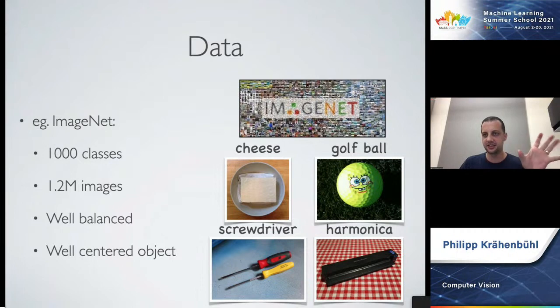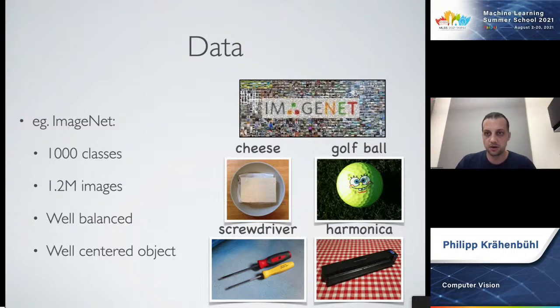Now, if you take your deep network and train it on just these images, the network is going to completely overfit. It's going to work extremely well on the training images, and it's not going to generalize very well to testing images. It's not going to perform nearly as well as models that we had pre-deep learning. The main reason for this is that deep learning models are very large, and 1.2 million images is not that much.